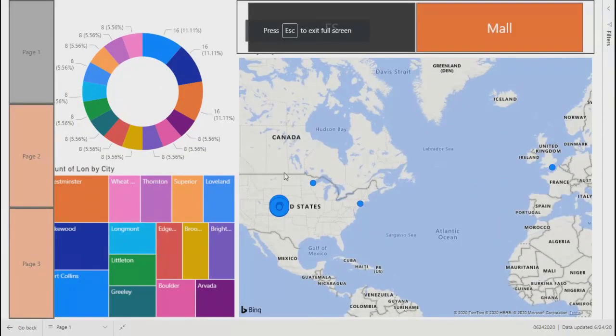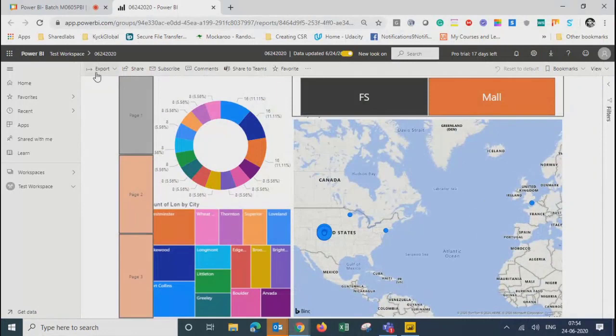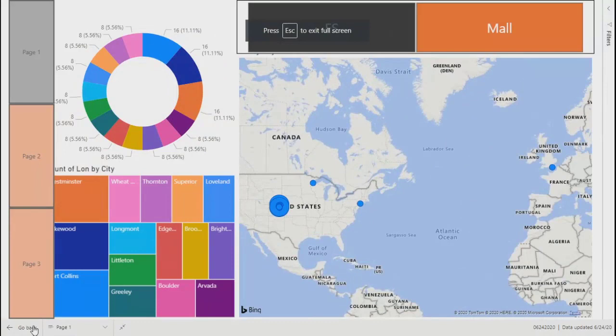okay, so the very first thing, you don't see the multiple pages over here. As earlier you were getting page 1, page 2, cross table and all. Now you don't get that option. Another thing, on the bottom also you don't see all the pages. Only page 1 is there. Even if you click here, you get only one page, right? You got all the visualization over here and one page.